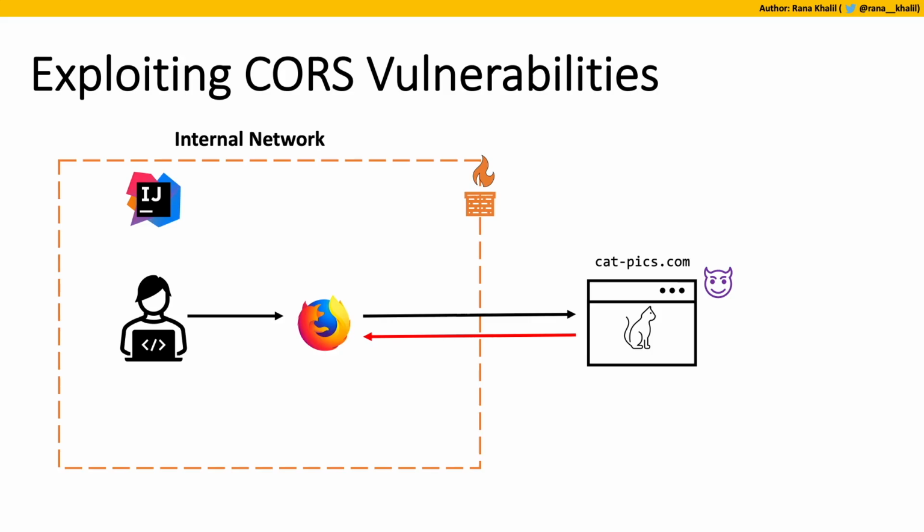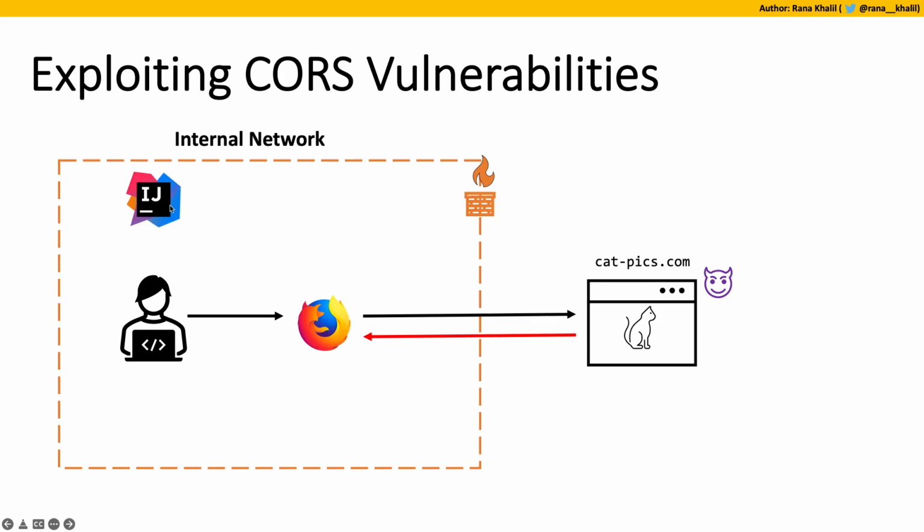So the developer over here is working from his organization's internal network, which is behind a firewall. The developer makes use of the IntelliJ IDE in order to program, and also uses the browser in order to access sites such as google.com or other sites like the catpics.com site, which is malicious and the user has no idea it's malicious. Now, the vulnerability, which was discovered in 2016, and this is a real vulnerability, was in the